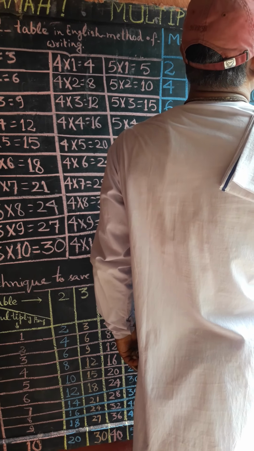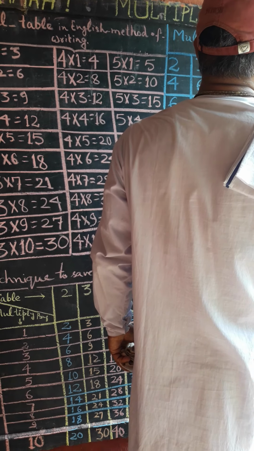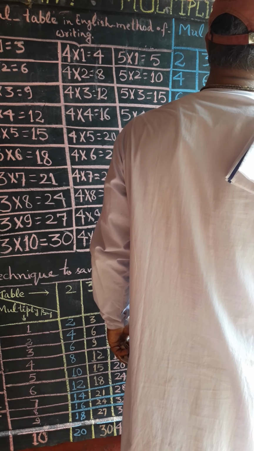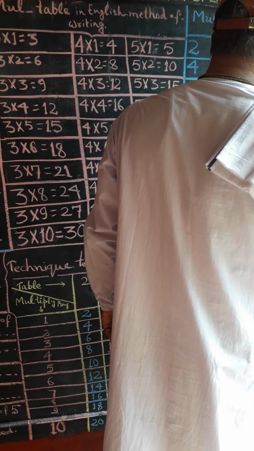6 का 6, 6 दूनी 12, 6 तिया 18, 6 चौक 24, 6 पचे 30, 6 छक 36, 6 सते 42, 6 अठे 48, 6 नमा 54, 6 दाएं के 60.